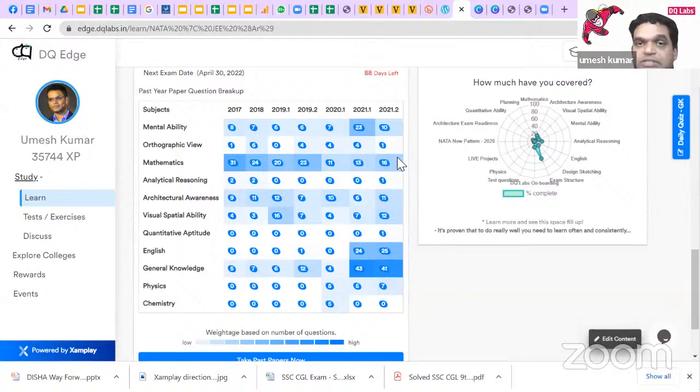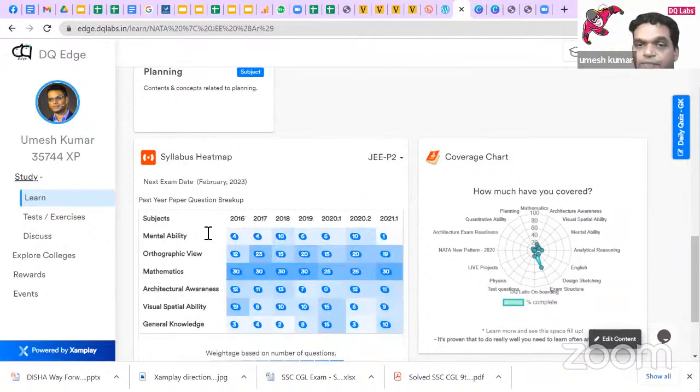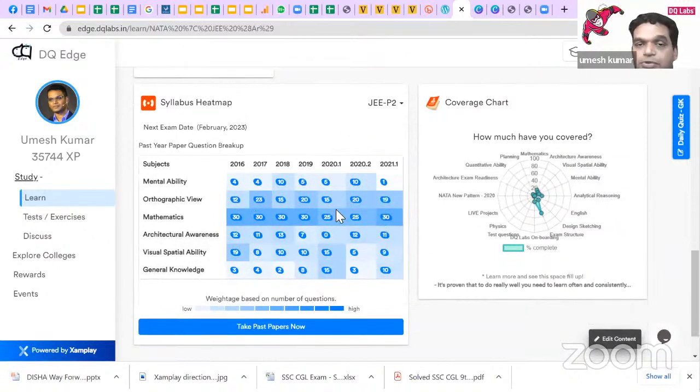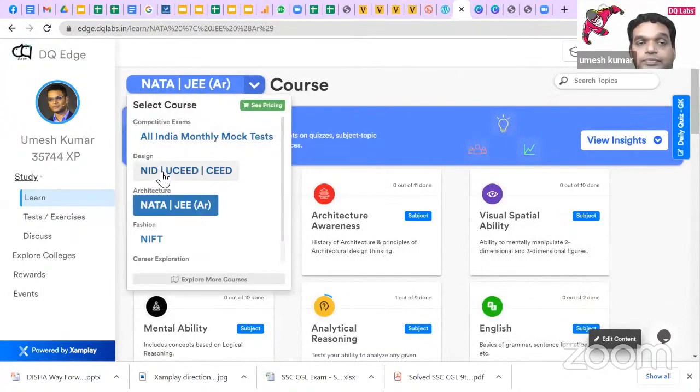This is number one. So this thing, you can also do it for NATA. So you can also check for JEE paper 2. In JEE paper 2 also, you can kind of predict what kind of questions they will ask. All right, so that you can start preparing. That is number one. So similar kind of an analysis can also be brought in by going through other entrance